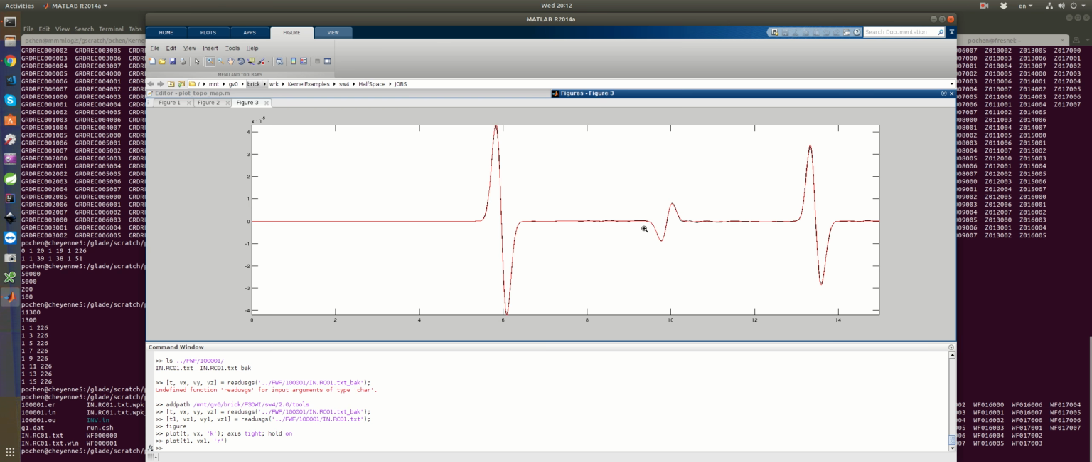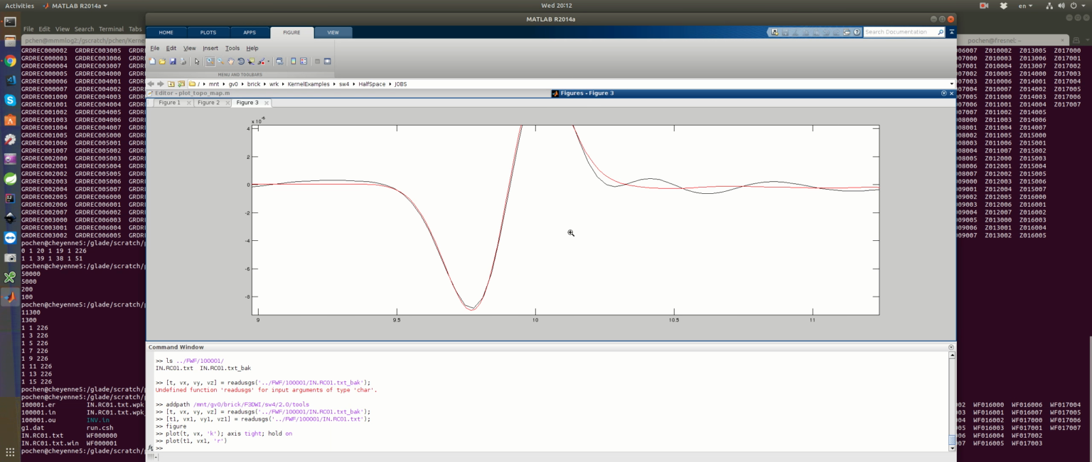Can I blow up this view? Yeah. You can see some numerical dispersion, and all those wiggles are numerical. It's not real. And one of the things that's kind of important is the temporal sampling interval of the